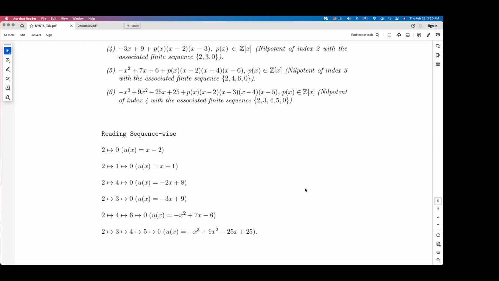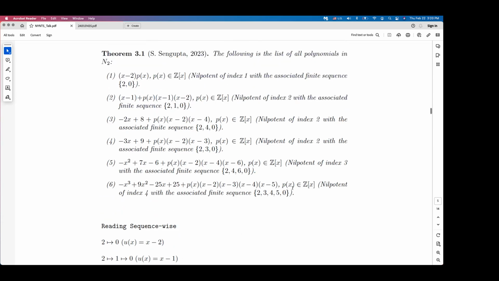So this is 2. Here also one can see that we have started from 2 and the maximum index is 4. So here also you have the plus 2 thing. But this is where it stops. So for 0, the maximum is 2. For 1 and minus 1, the maximum is 3, sorry. For plus and minus 2, the maximum is 4. And that's where this r plus 2 thing stops.